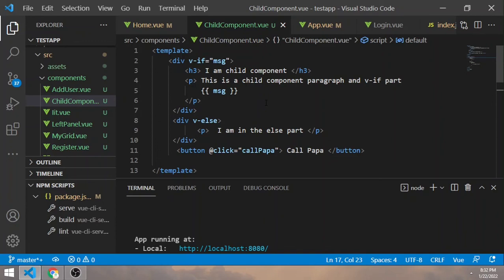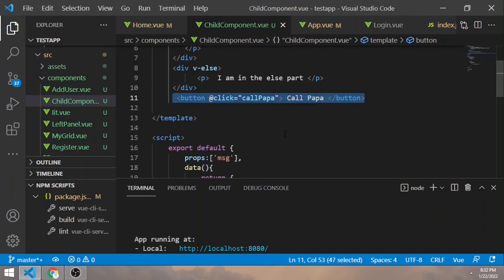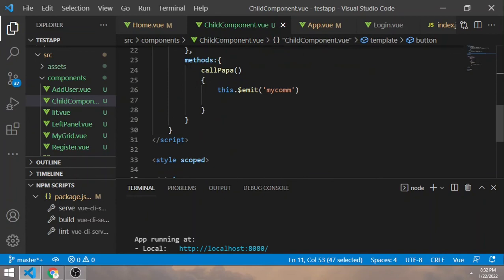Now the question is how the child component communicates with the parent component. In the child component, you see that there is a button, and with the click event, with this @click, call papa is a method. This method is sending the signal back to the parent. It is defined inside the body of the child component here. This this.$emit is sending one string called my com, or my message, you can say. If I just name it as my message,